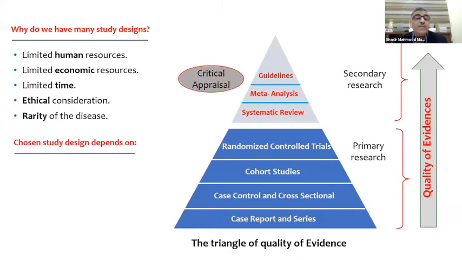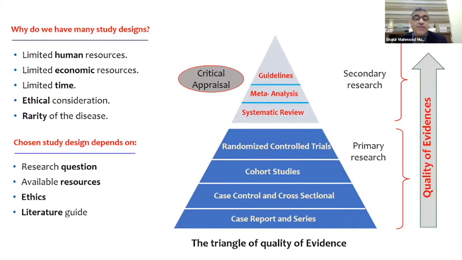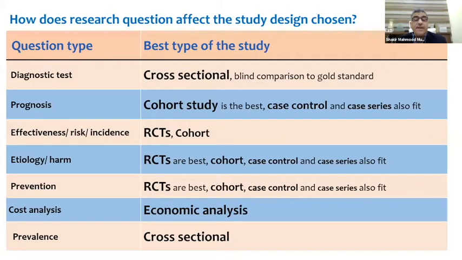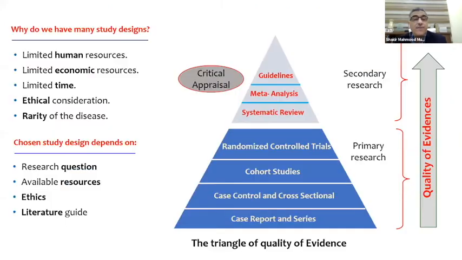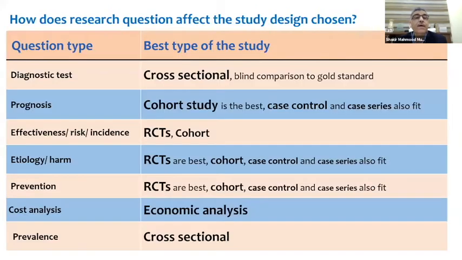So when we choose a study design, we depend on the research question, because as we are going to see, the research question affects the decision of which study design to choose, available resources, ethics, and the review of literature. This is a simplified diagram just to show us that some reason or some study design